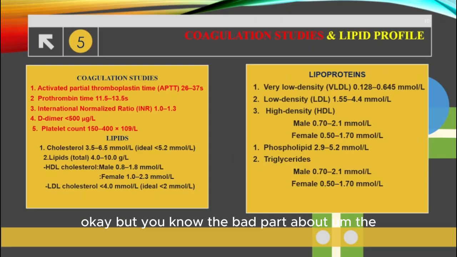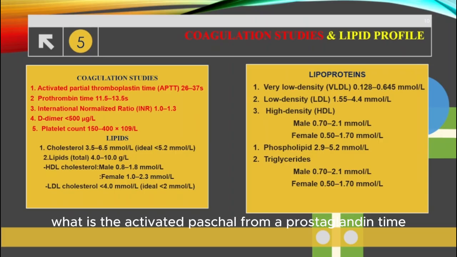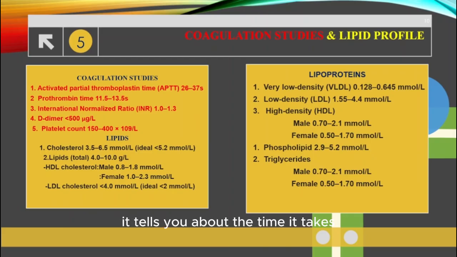Okay, but the good part about the prothrombin time is that it's very fast. In short, it tells you about the extrinsic pathway, and that means the extrinsic pathway is faster than the intrinsic pathway. What do I mean? What I mean is this: you've got what is called the activated partial thromboplastin time. Okay, and the INR, we'll talk about INR last. Now, what is the activated partial thromboplastin time? It tells you about the time it takes for a clot to be formed